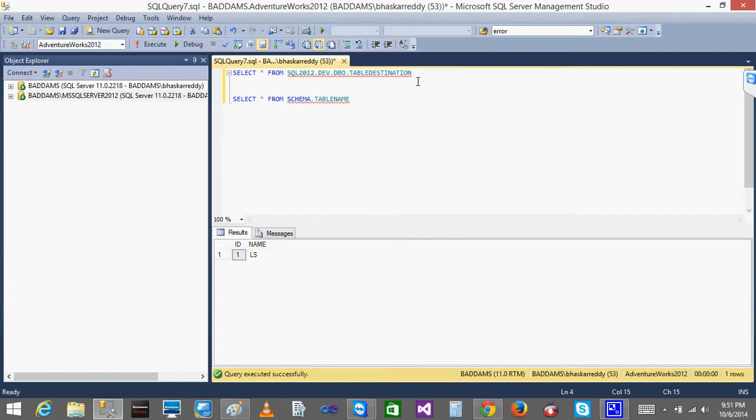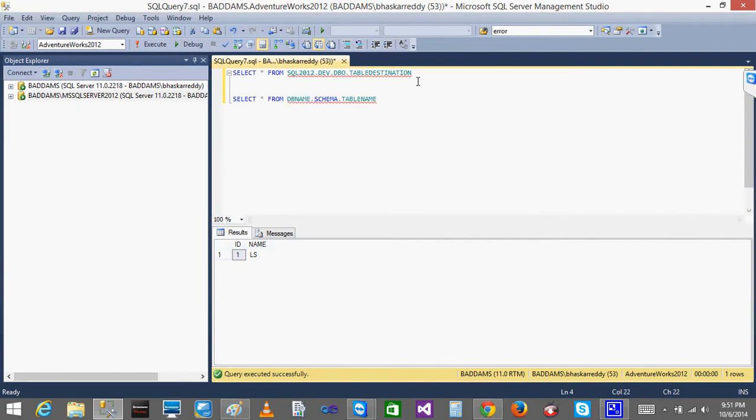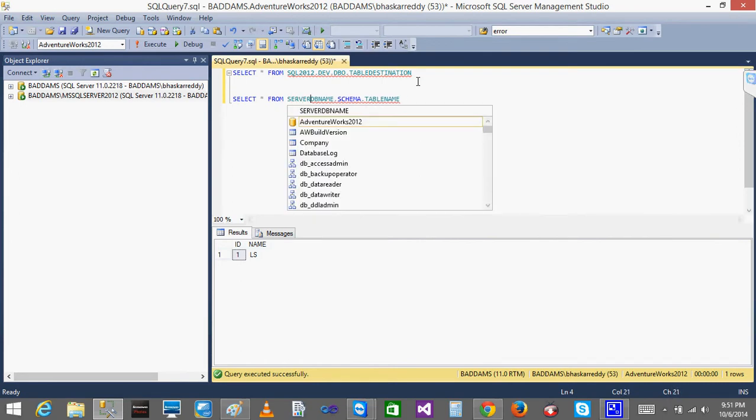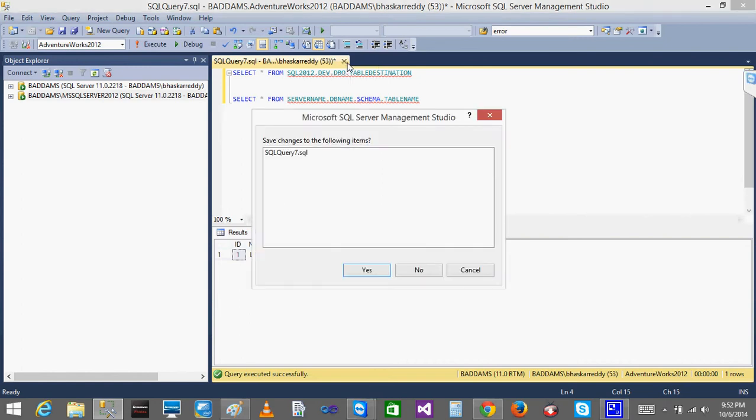And if you want to access a database from a different database, then you will give database name dot schema name. If you want to access from a different server, then you will give server name dot database name, and this server should be added as a linked server. That name you will be using as the server. Did you get my point? Yes. Okay. This is the way how you are going to do. That's it.